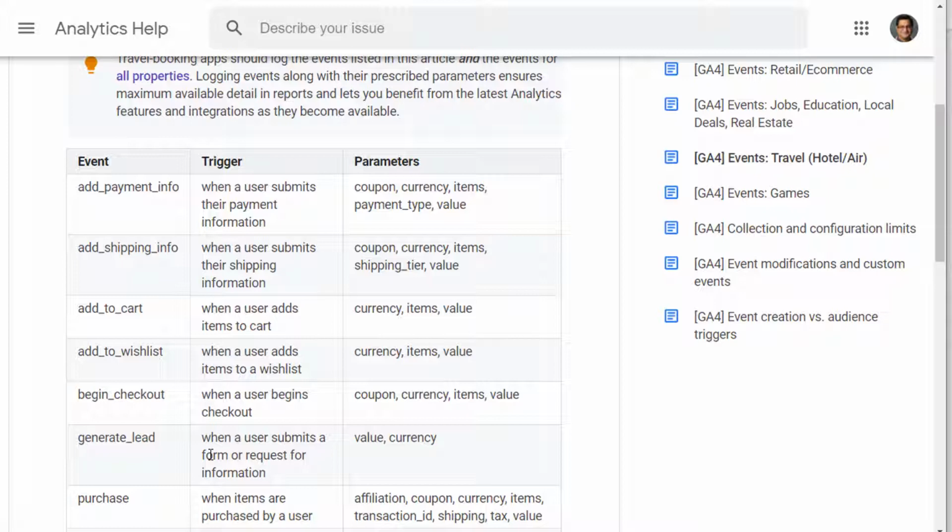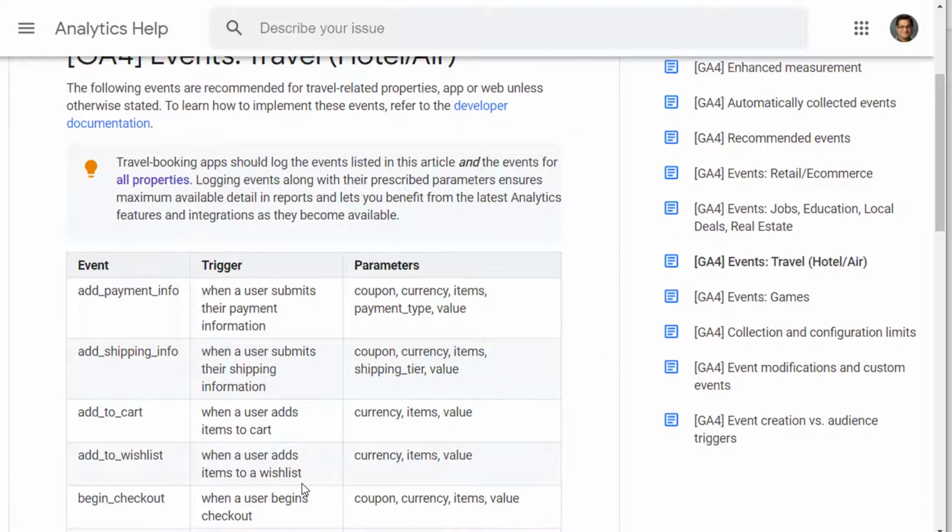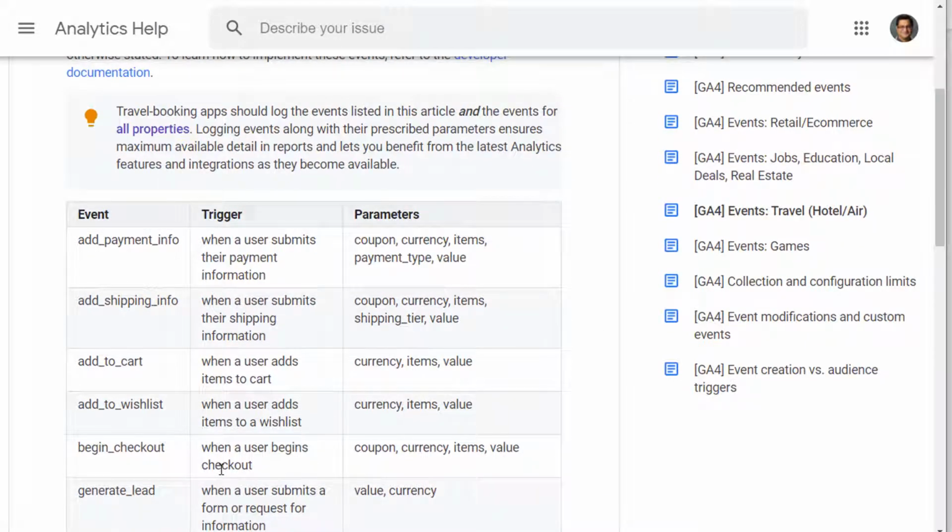As I showed you earlier, an example of generate lead. I use this event name with these two parameters. So even though my site does not fall into air and travel, I used it because it was applicable to my business use case. So go ahead